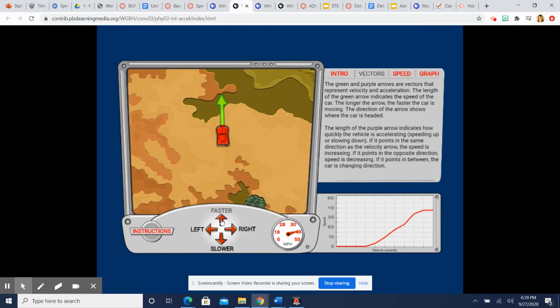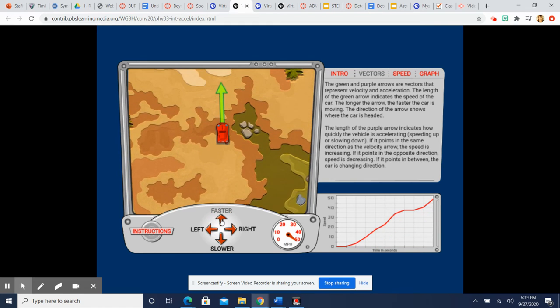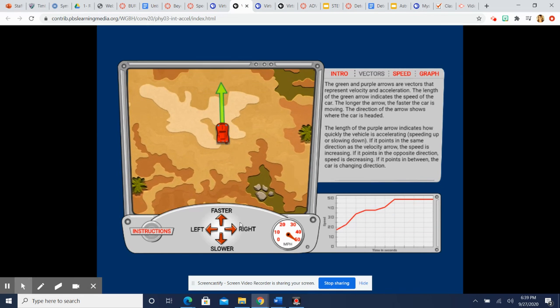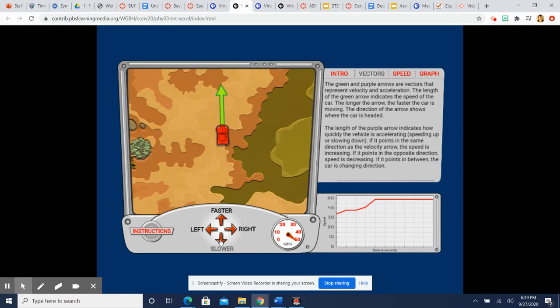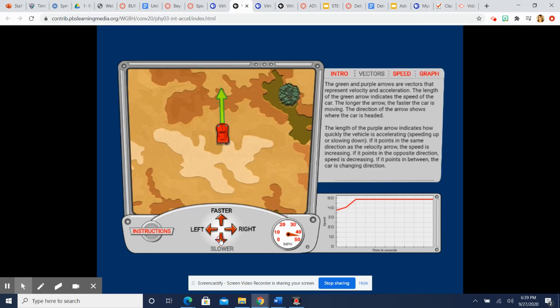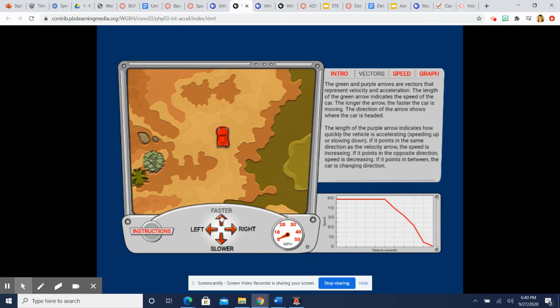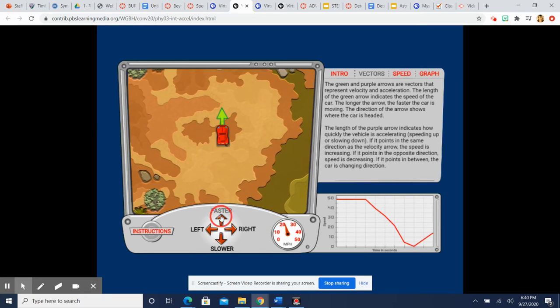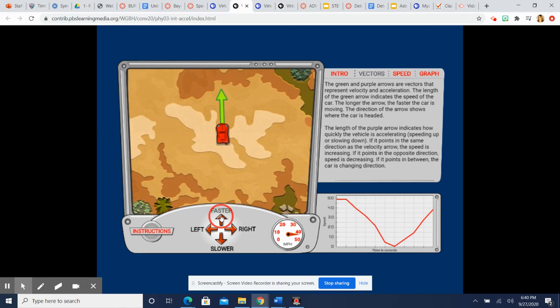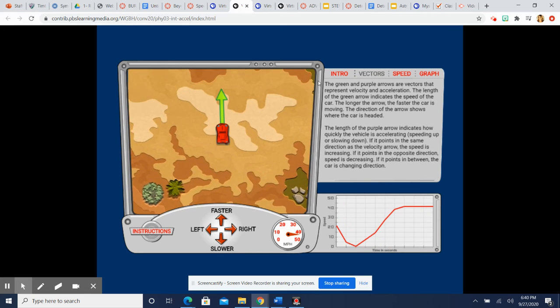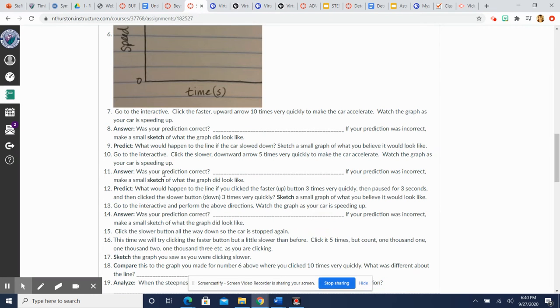So I'm just clicking it till it's going. You could even keep going if you want it to all the way. It doesn't have to be 10 times. But the gist of it was kind of, what do we see? So maybe you even go 12 times to get it all the way to its max speed. I don't really care if you want to go all the way to its max speed or not. Just click it at a relatively quick and steady pace. Okay, notice what the graph's doing. It's kind of cool. Okay, now when you go back, it's going to ask you to answer,